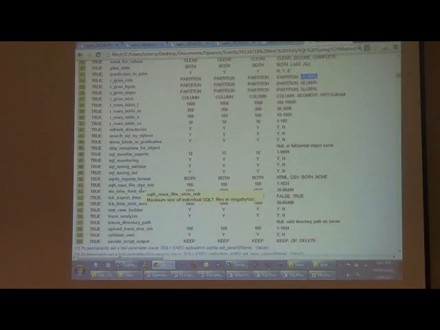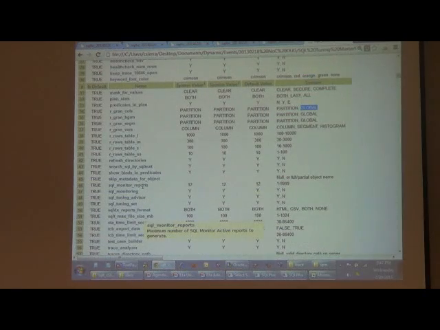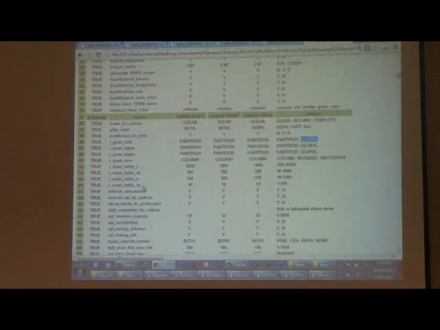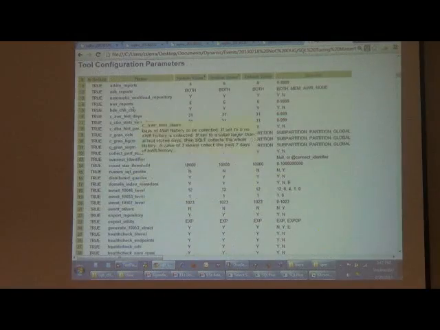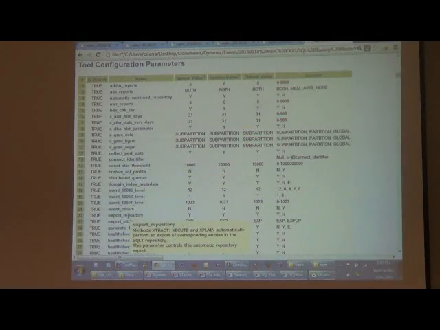How do you eliminate? No, the parameters are here. This is the list of parameters. But let's say